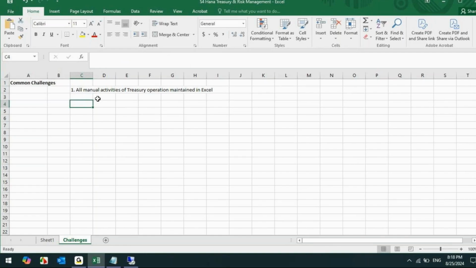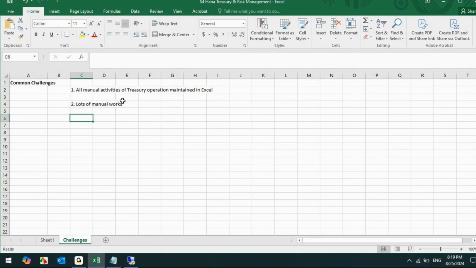You have to do lots of manual work. When you do everything in Excel, you don't have a proper system, so the activities would be huge. It is not like they are maintaining one or two. The month-end activities, all sort of calculations, the risk perspective, the various parameters, various ways of measuring the risk, everything you maintain in Excel. So lots of Excel, not only from the transaction point of view, but also from